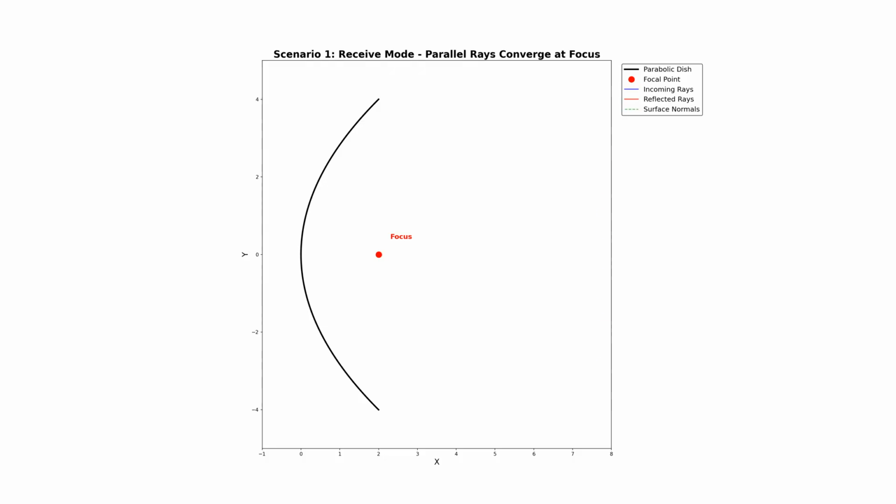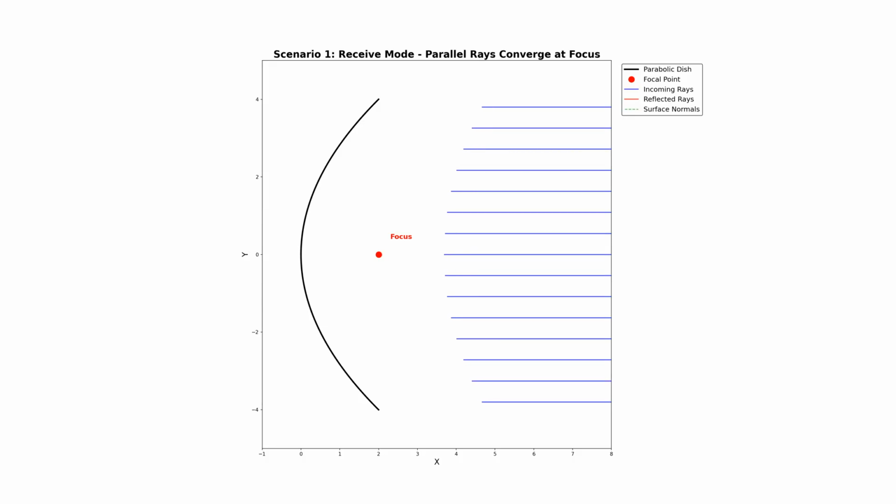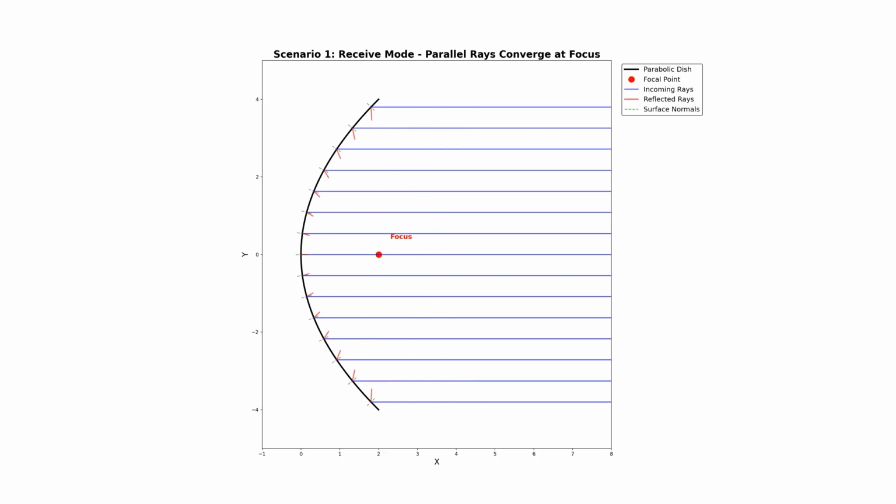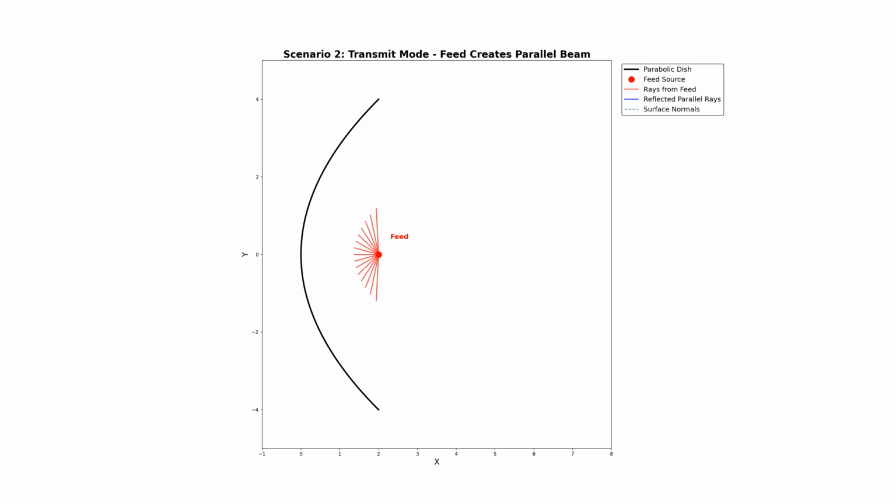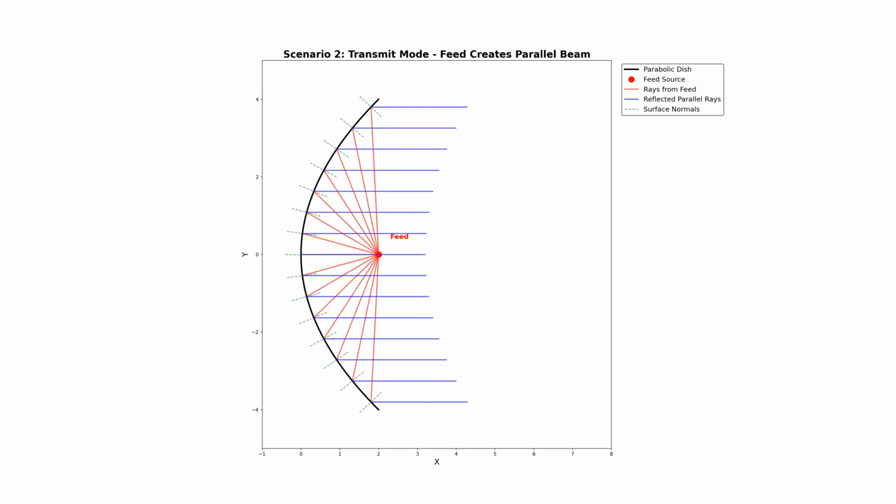Welcome to a comprehensive visualization of parabolic dish antennas. Parallel rays from a distant source strike the dish, and thanks to the parabolic geometry, all converge perfectly at the focal point where the feed horn is located. In reverse, the feed emits waves that reflect off the dish as a perfectly collimated parallel beam, demonstrating the principle